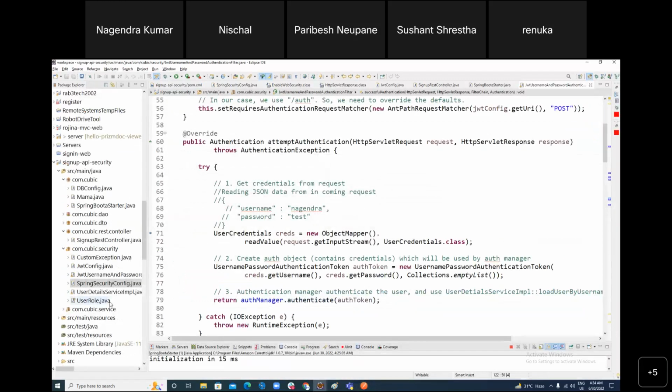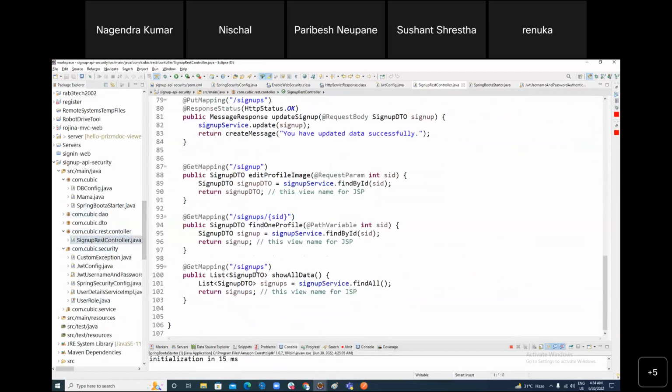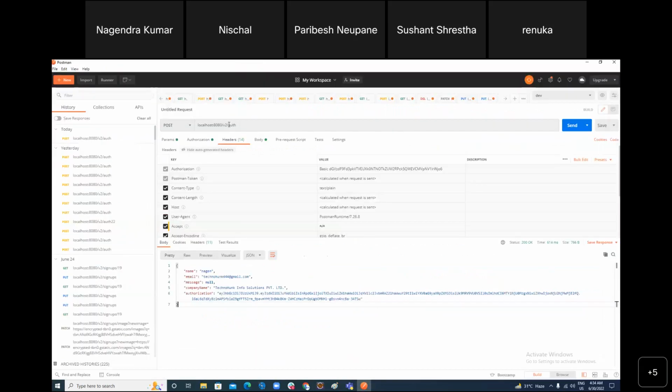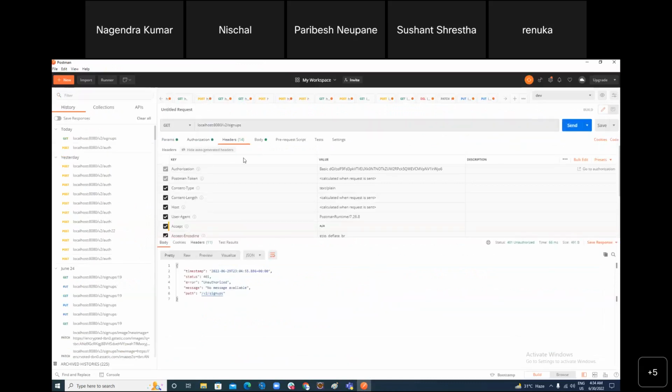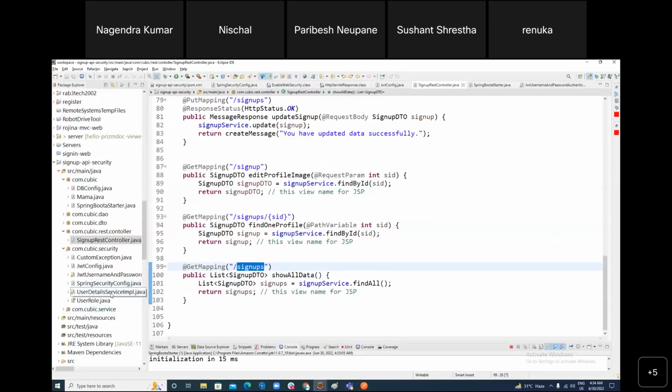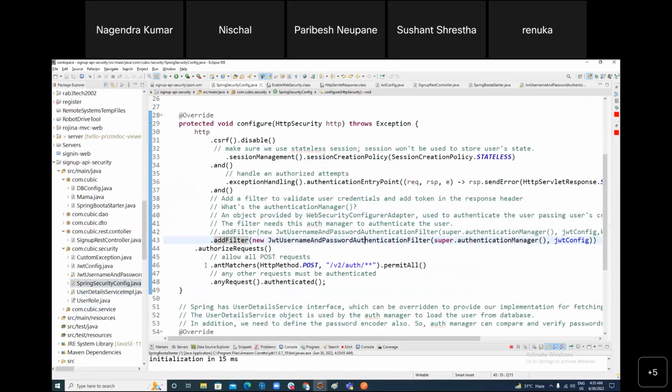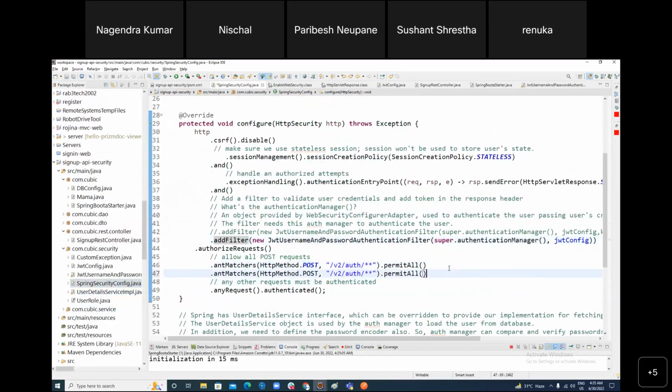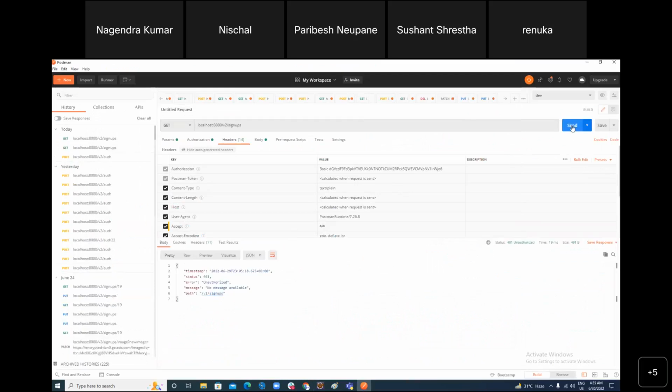For example, what is my intention now? My intention is, tell me, I should be able to access my sign up page outside of here. Remember? But this I cannot do because security is there. Make sense? One way to access it is, you can come over here and permit all. Permit all to whom? Sign ups. So tell me, if you do permit all, what happens after doing this? After that, you are saying permit all to this, right? It means if you call it